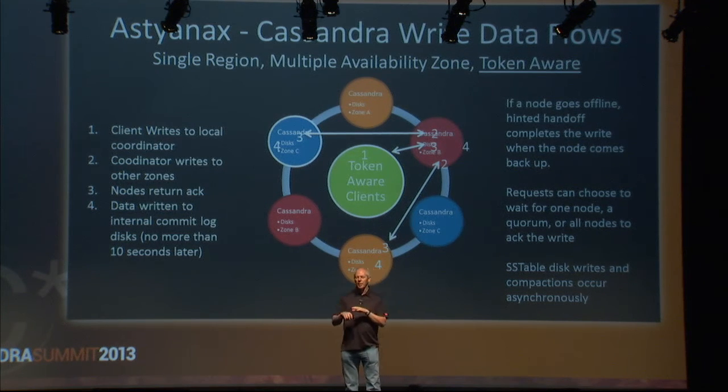It goes in there, and it says, I know that this is one of the 3 nodes that has a replica, so I'm going to go straight to it. That gives us 1 network hop instead of 2. So that halves the latency, halves the possibility of things going wrong. You get to that node, and that node then farms out the other 2 replicas for you as a coordinator.